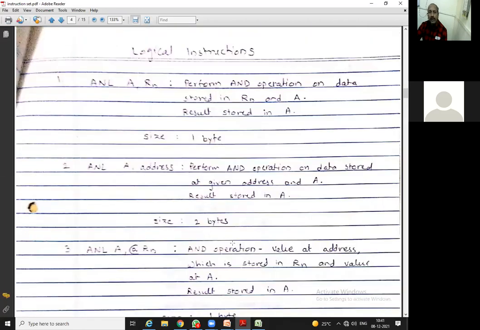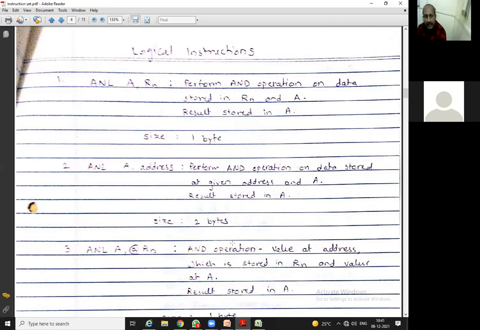Next category comes the logical instruction. It is a little bit blur, but I will just go on reading, or in the PPT itself it is there in the clear. So in logical instructions, which instructions come? That is the ANDing, ORing, XORing, inversion. So all these basic commands or operations come under this category.